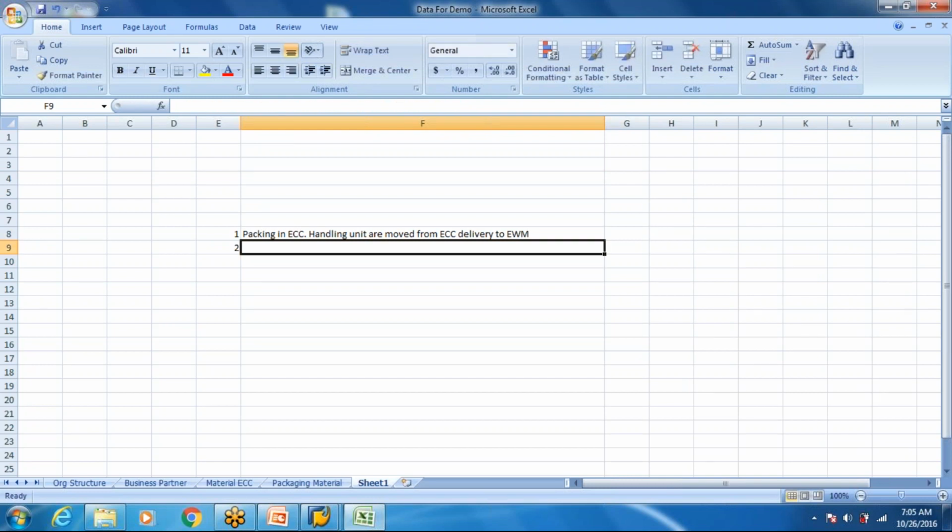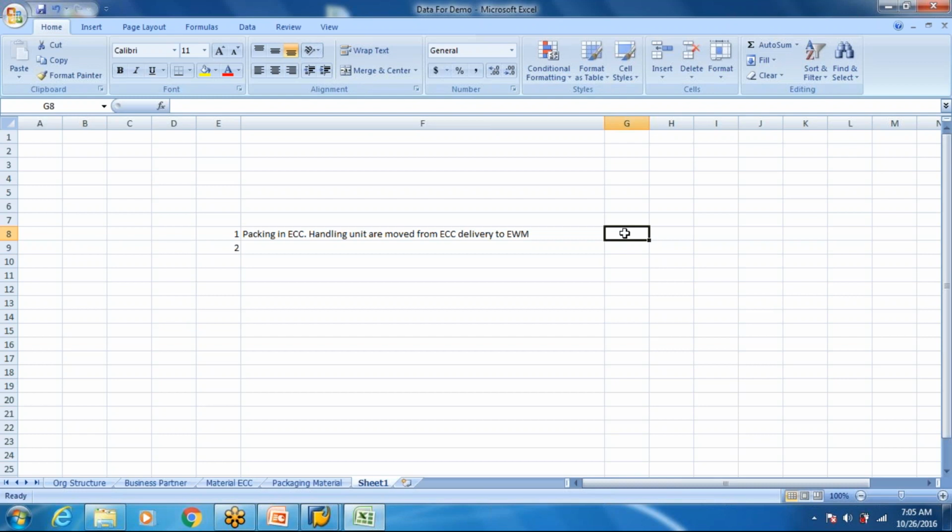So the first thing we did was create a delivery in VL31N, and we packed in VL31N. Whatever handling units were created in VL31N were seen in the EWM system. So with this packing in ECC, handling units are moved from ECC delivery to EWM.